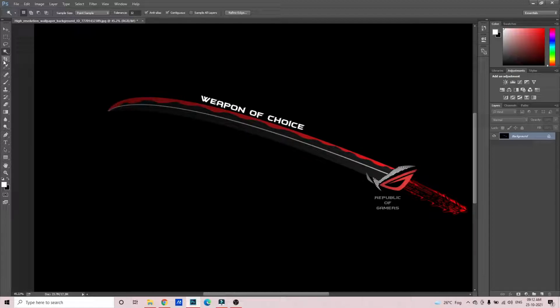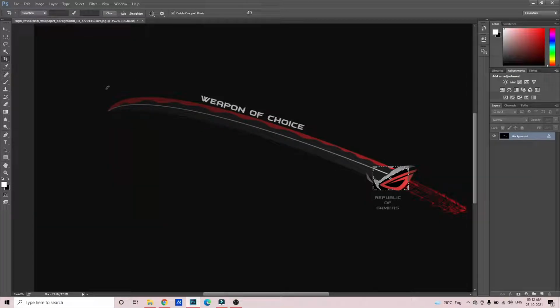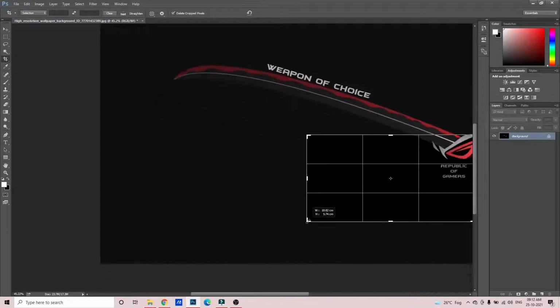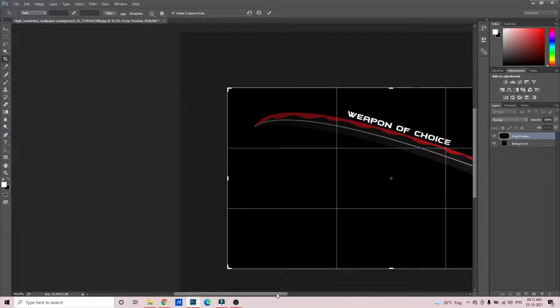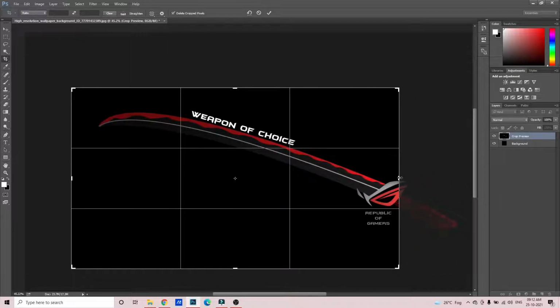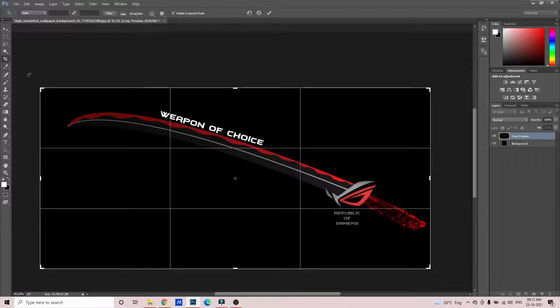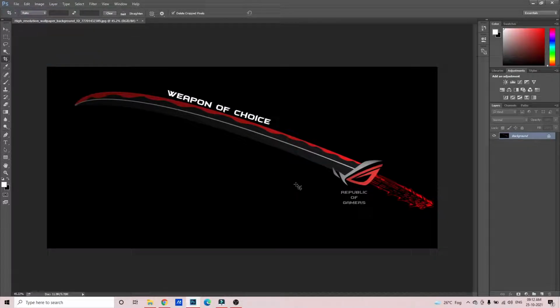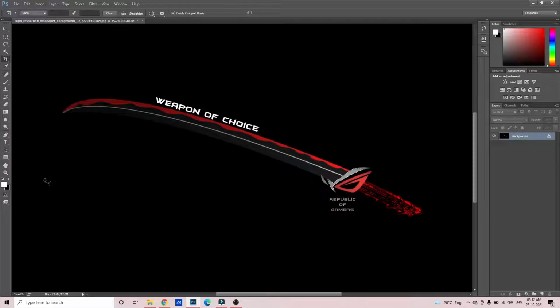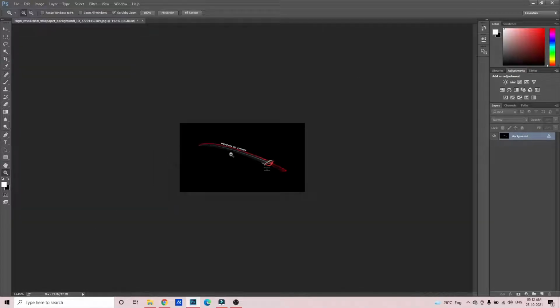Okay. Next is the crop tool. So this is the crop tool. Crop tool is very easy. Everyone knows what a crop tool is. We have done it in mobile phones and all. So if we select this, selected image crop. So just cut the image. Okay. So that is the crop tool.